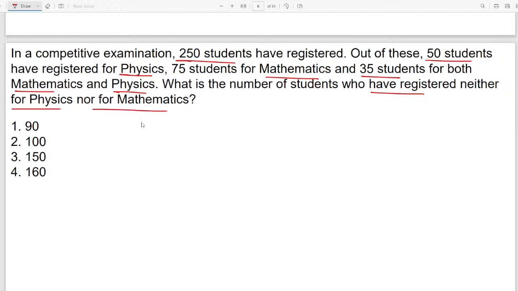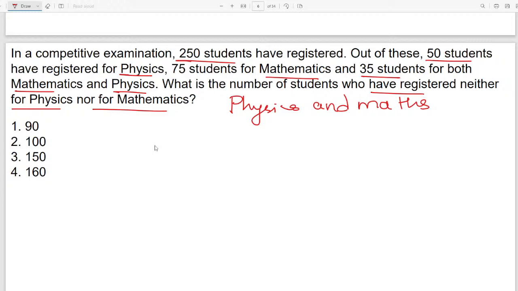In these types of cases where there are only physics and maths,